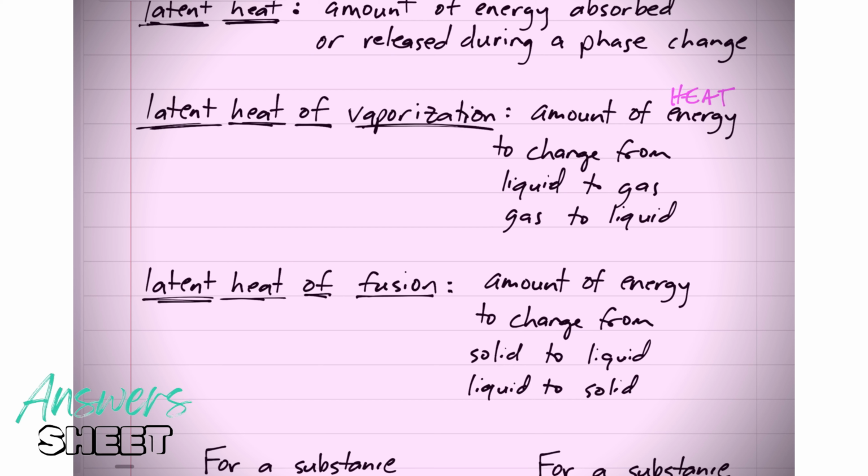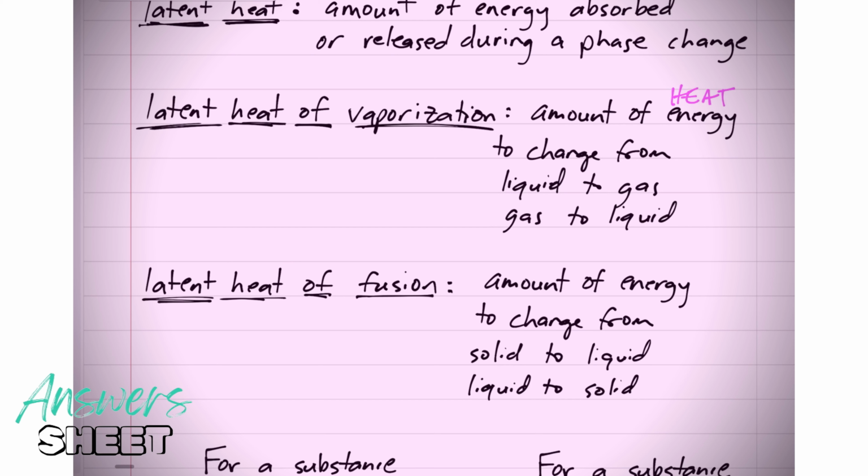For a substance that contracts on freezing, this is its phase diagram. At atmospheric pressure, most substances at a low temperature will be solids, then liquids, and then gases. At very low pressures, though, and it depends on the substance at what pressures this happens, sometimes things can go straight from solids to gases.